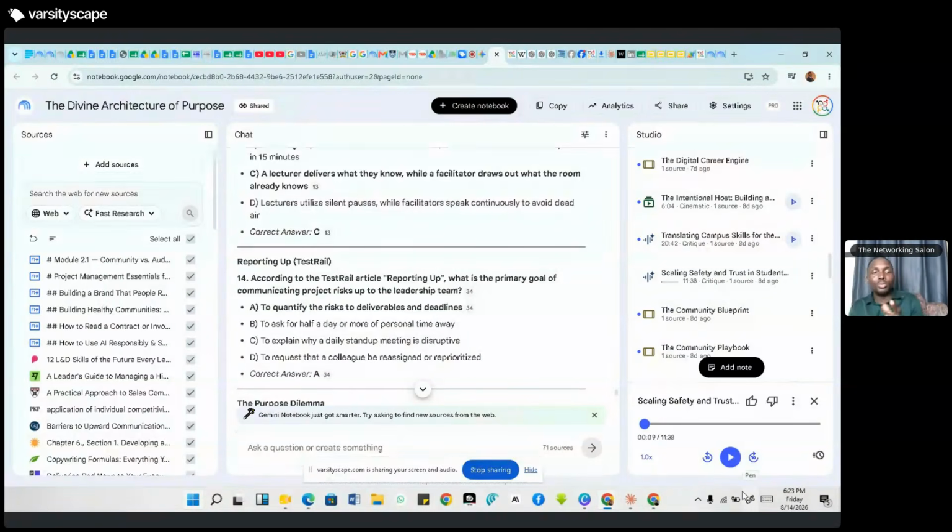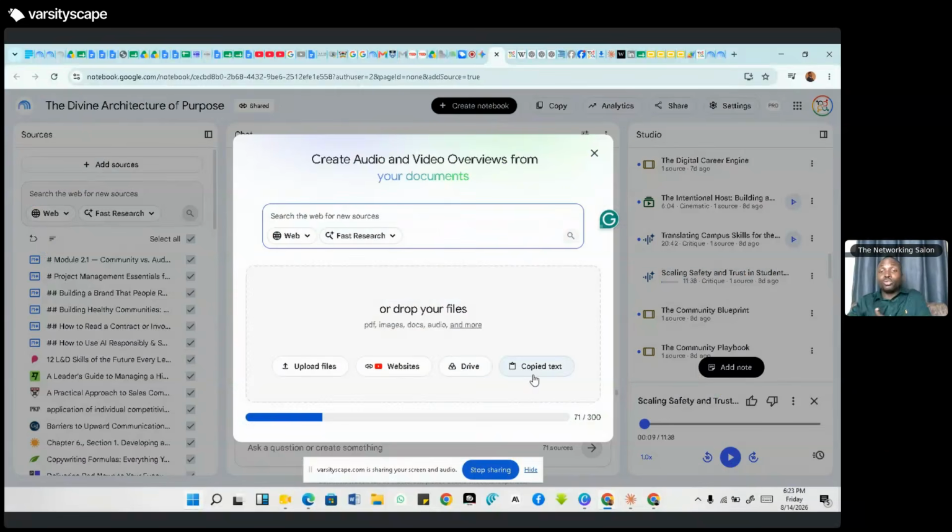Now that serves a professional looking to upskill, right? But if you are a content creator, what this also helps you do is create content. Maybe you've written an article, but you want to convert that article into any of these formats, whether it's a slide, a podcast, or video content for your sessions or whatever. You can simply